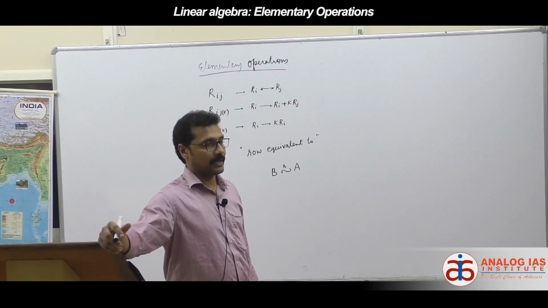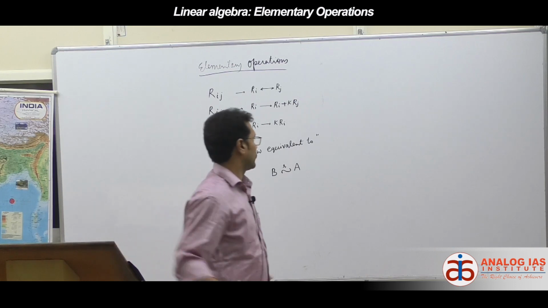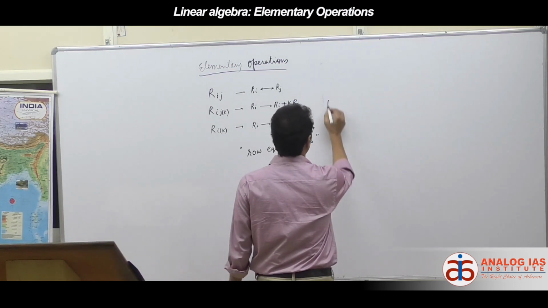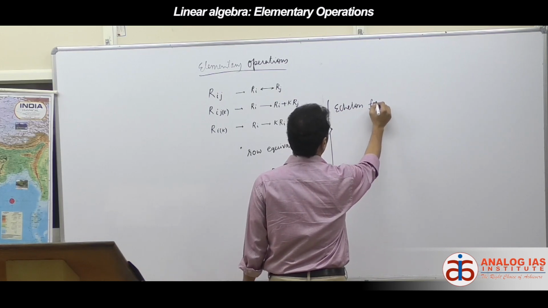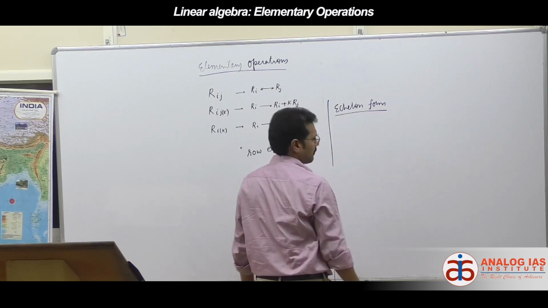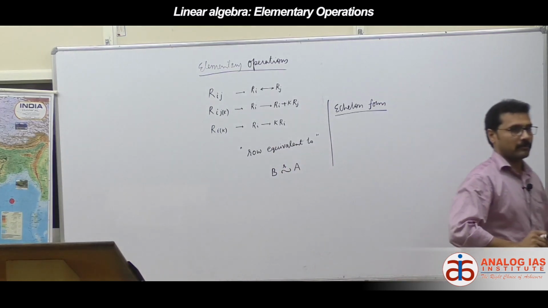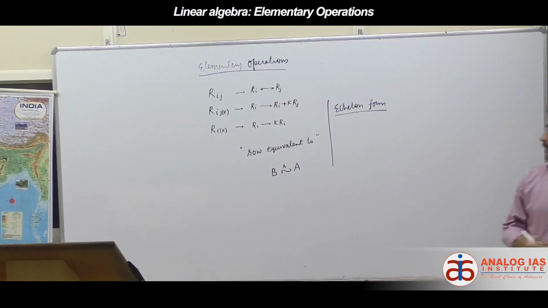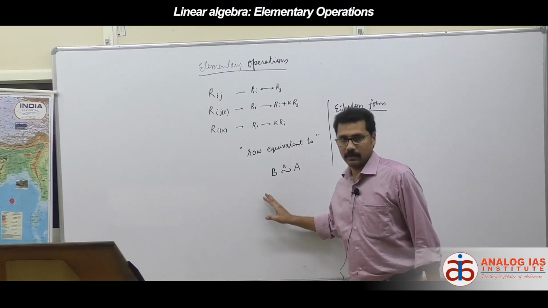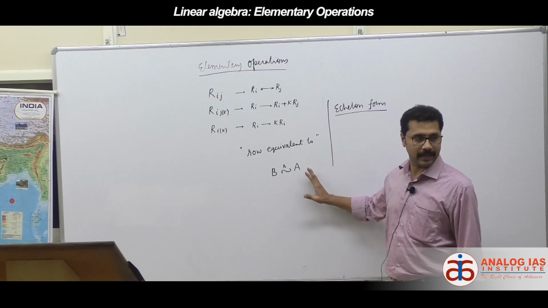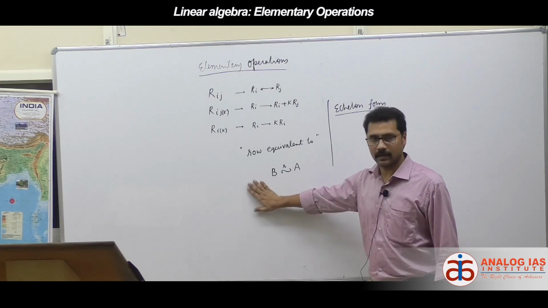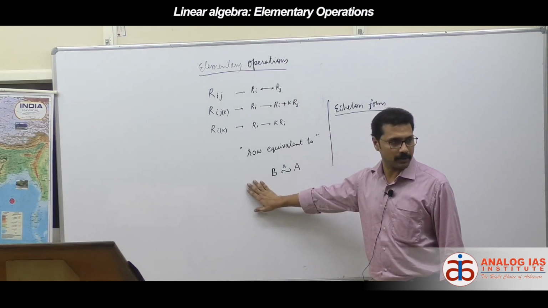Echelon form, E-C-H-E-L-O-N, echelon form. I will not give any definition of this, but just listen to me carefully, which we already discussed. Echelon form of a matrix. If you see a matrix B, I go with some kind of elementary row operations,